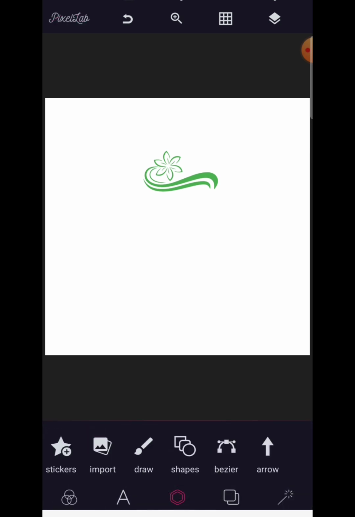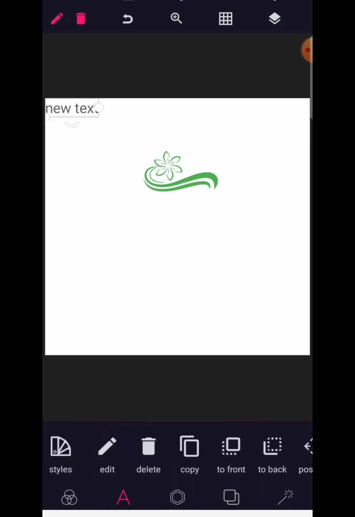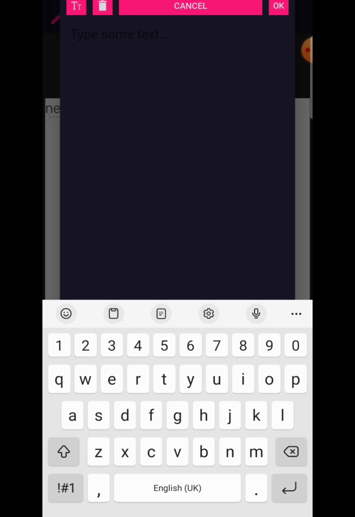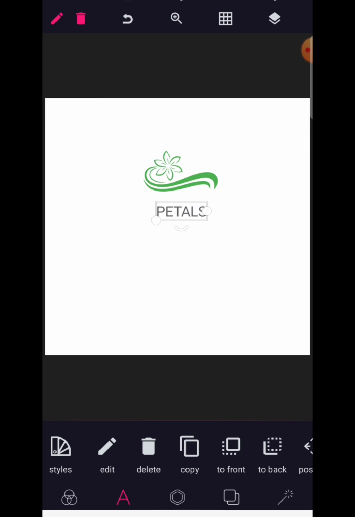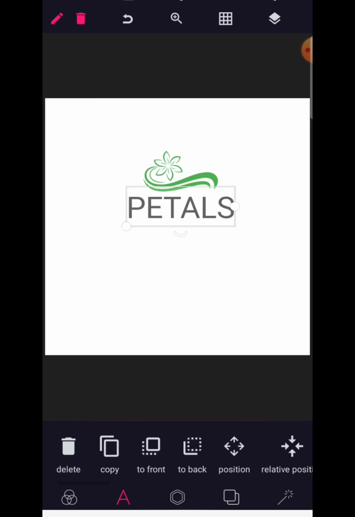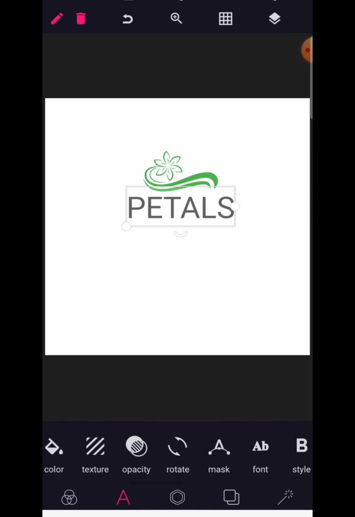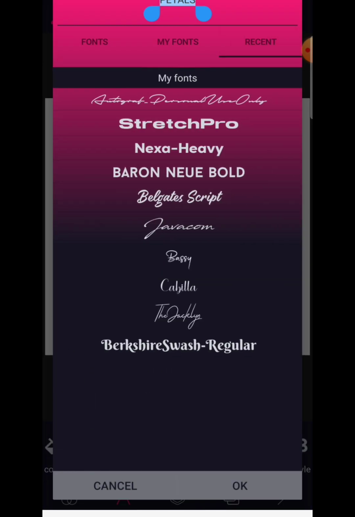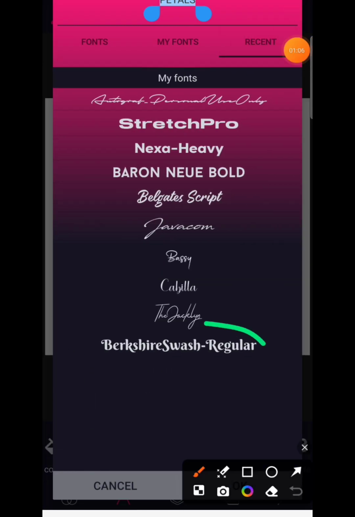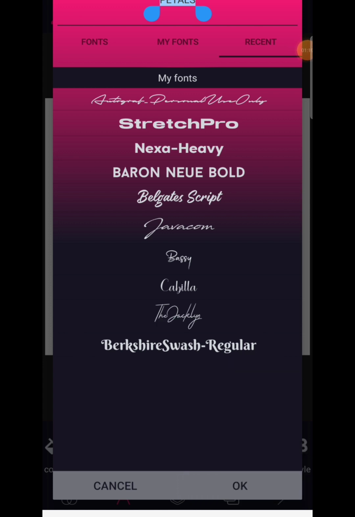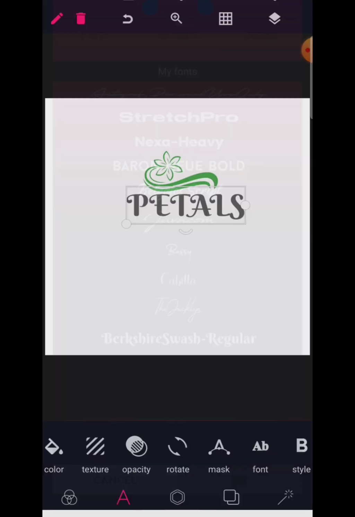Like I said, this is for a flower shop and the name of the flower shop is called Petal Paradise. So go to text, write petals in capital letters, size it up to your desired size, then go to your font, and the name of the font I'm using is called the Berkshire Swash Regular. Download this font, or you can indicate in the comment section for me to leave you the link to this